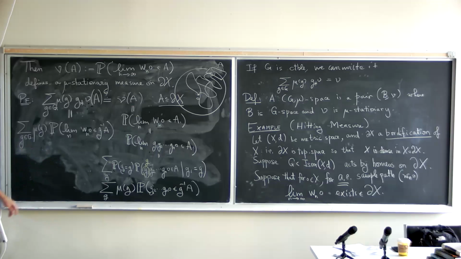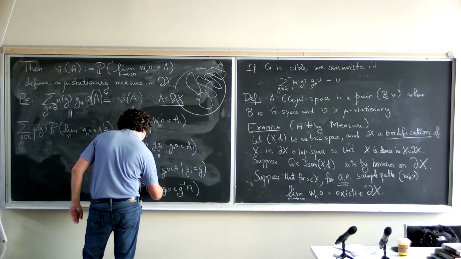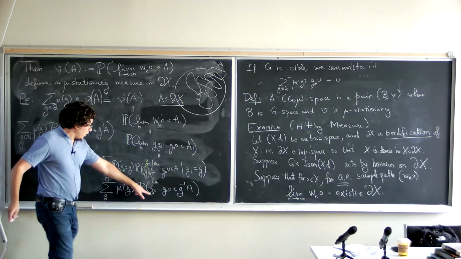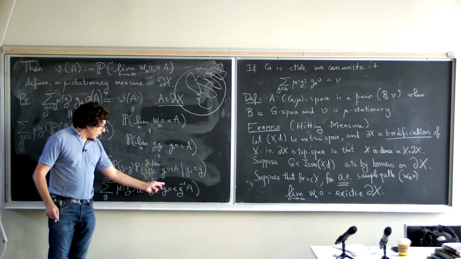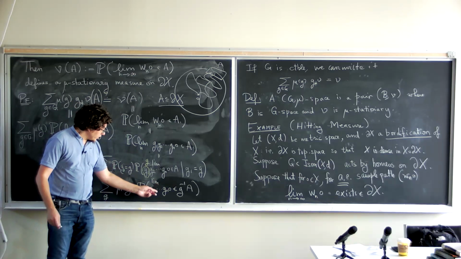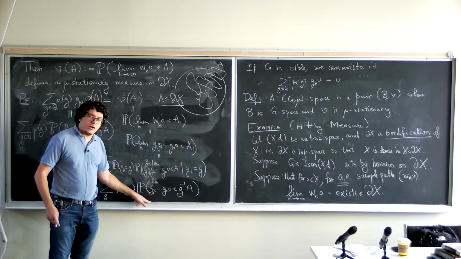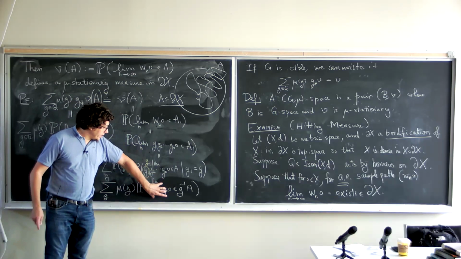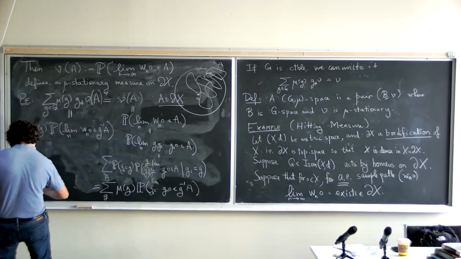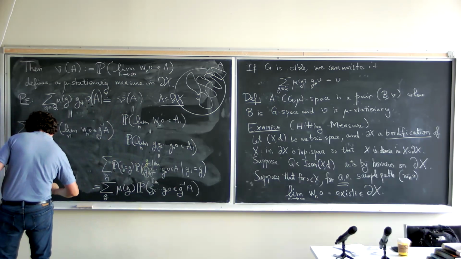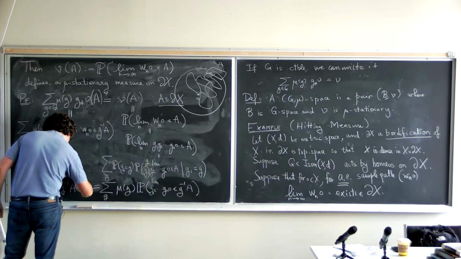And then, sorry, the limit. So here there was a limit. There's always a limit. It doesn't matter because the G2, ..., Gn are IID. They're a Bernoulli process, so it doesn't matter if you start from the second. It's still the same process as starting from the first one. So this is the probability of hitting G inverse A. So this is literally the sum over G of mu of G times nu of G inverse A.